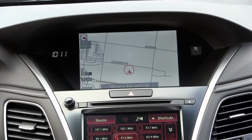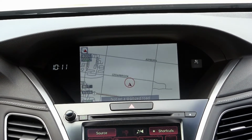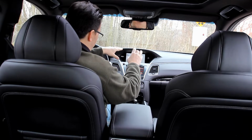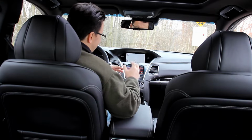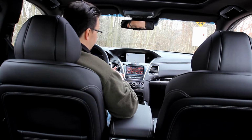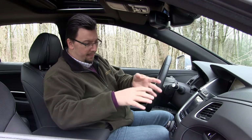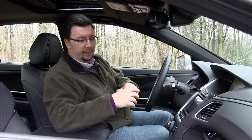The touchscreen is not as intuitive as I would like it to be. And this two-screen system, I mean, I like having your map showing all the time, but it just seems to lag behind what else is out there. And I really think Acura could do themselves a big favor by improving the system in the next